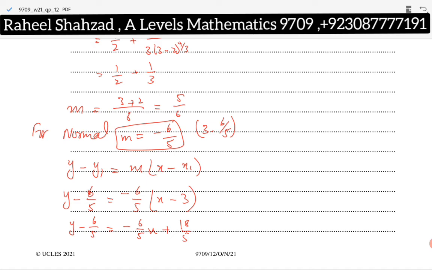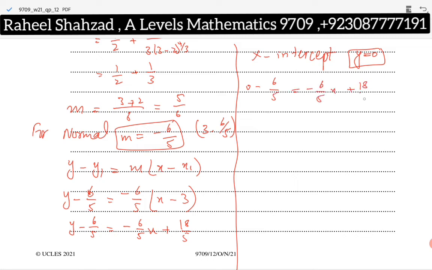Now the point of intersection with the x-axis. In order to find the x-intercept, we put y equals 0. So minus 6 by 5 is equal to minus 6 by 5 x plus 18 divided by 5. So 6 by 5 x is equal to 18 by 5 plus 6 by 5. So 6 by 5 x is equal to 24 by 5. So x is equal to